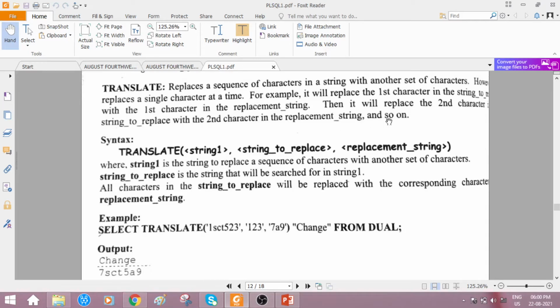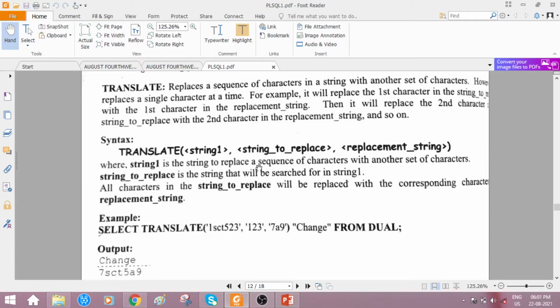In the syntax, you observe three arguments: the original string, the string you want to replace, and the third argument, the new characters that have to appear in the old character locations.